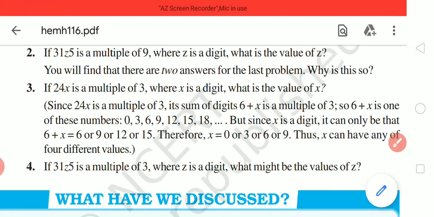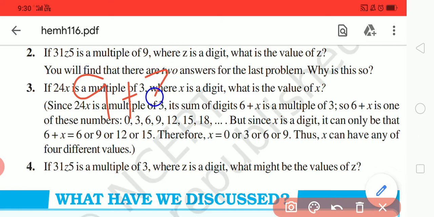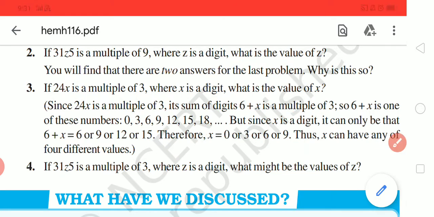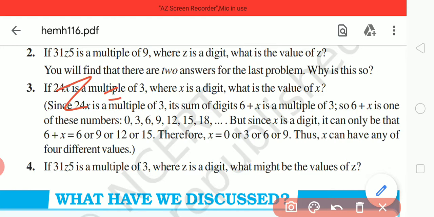Let us take the other values. So 9 plus z equal to 21, so z is equal to 21 minus 9, that is 12, so it is a 2 digit number, so the further values are not possible. So you can write the possible values of z here, that is 0, 3 and 6, right? So you can write the possible values. So that's all for today.